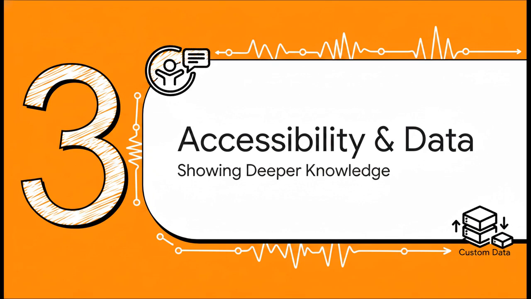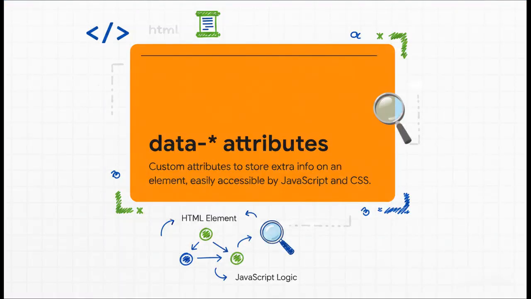Let's talk accessibility and custom data. So, have you ever seen those attributes that start with data dash and wondered what they're for? These are custom data attributes. Think of them as little sticky notes or hidden labels that you can attach to your HTML elements. They don't change how anything looks, but they're super useful for storing extra info that your JavaScript can easily grab